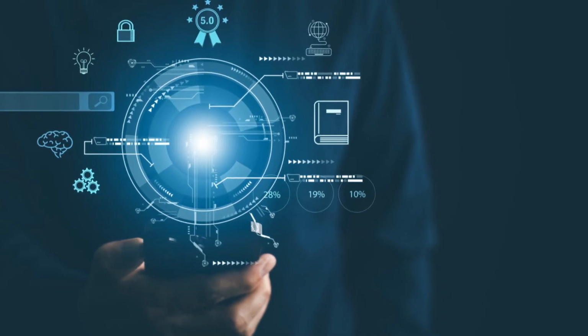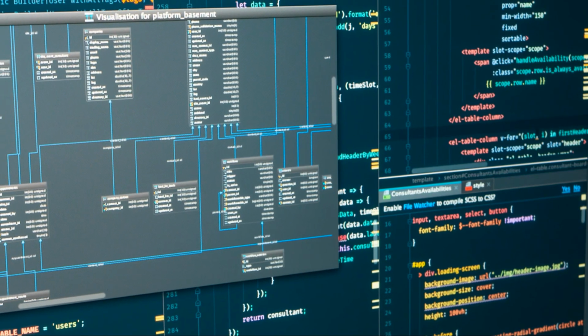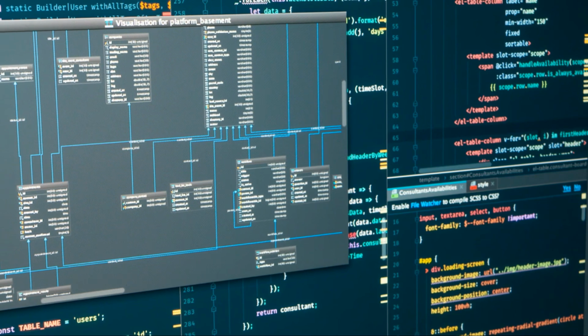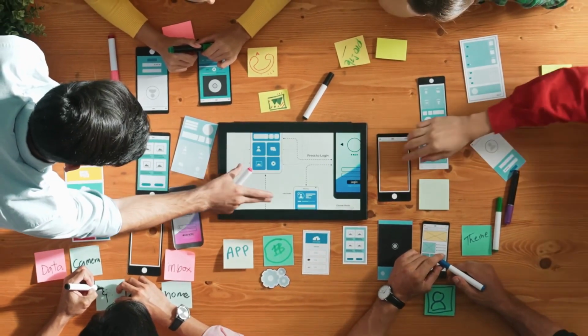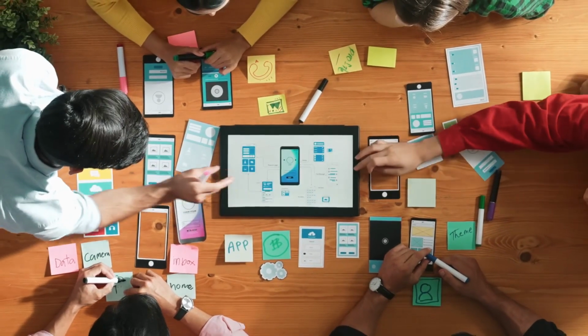Hey there, fellow developers! Today, I'm breaking down the software development lifecycle, or SDLC. This is the backbone of every successful software project, guiding us from a simple idea all the way to a